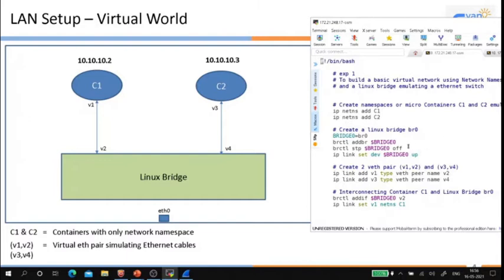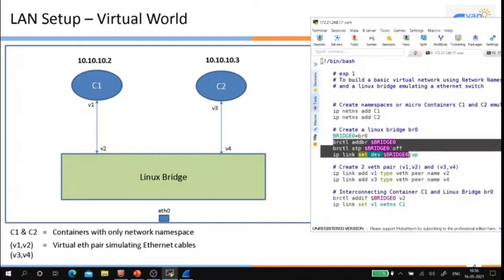Now here, the ip netns add command will create the microcontainers. The brctl commands are what we use to operate on the Linux bridge.